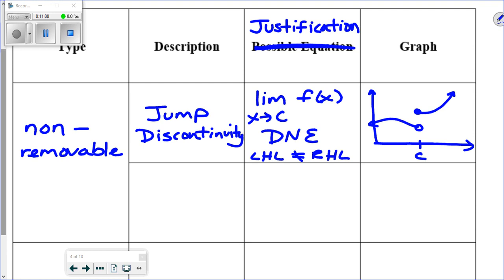Okay. All right. The next non-removable discontinuity is what we call an infinite discontinuity,